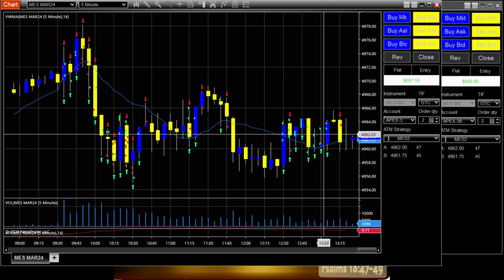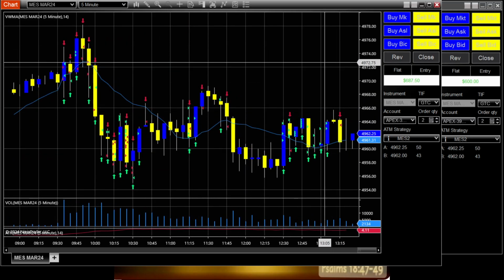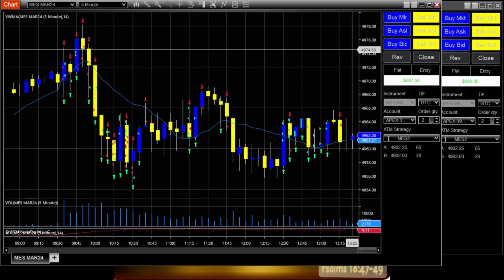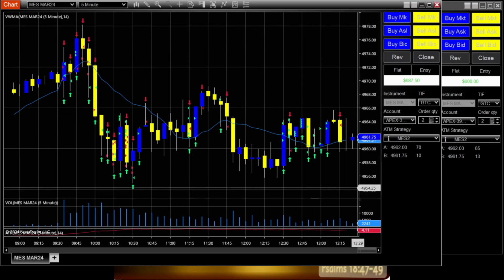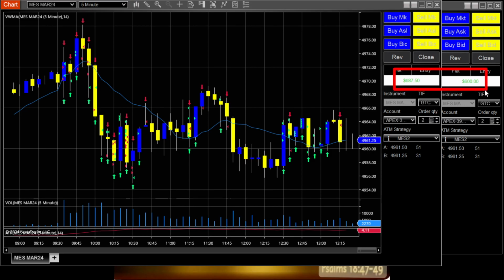Eventually I think today we're probably gonna clear all these stops and probably get up. My target was roughly 4975, and I think eventually we're gonna get up here and clear some of those stops. So this is the take profit on the day. At certain points I was up like about 832, something like that. So as it pulled back on me, I actually got up to like about 32 contracts, right?